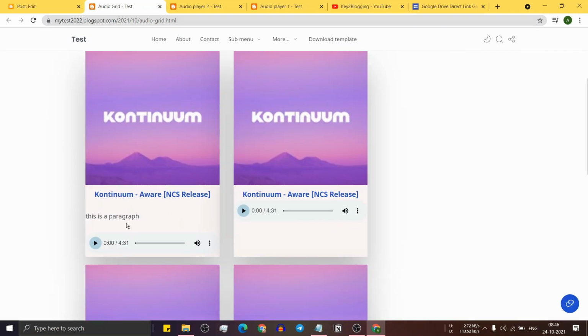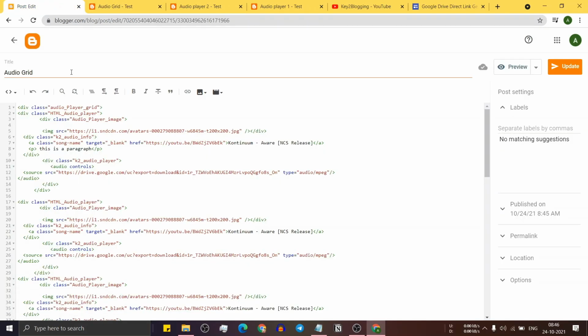So let's make it center aligned and add a left and right padding. So for this, you have to add a style tag here. So this is the P tag, so let me just add the style tag.